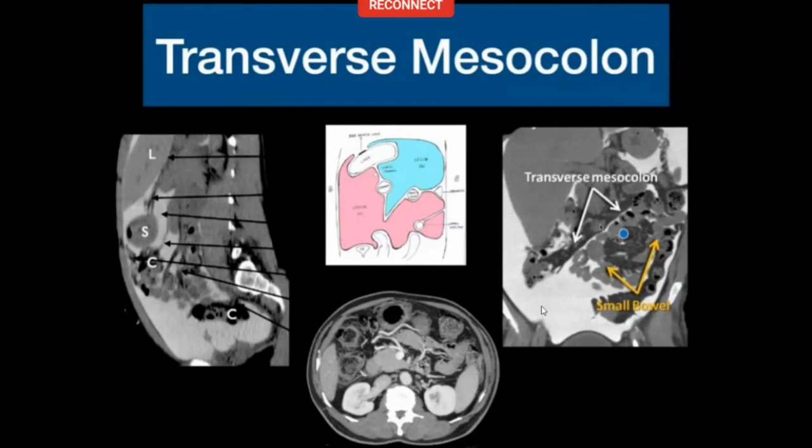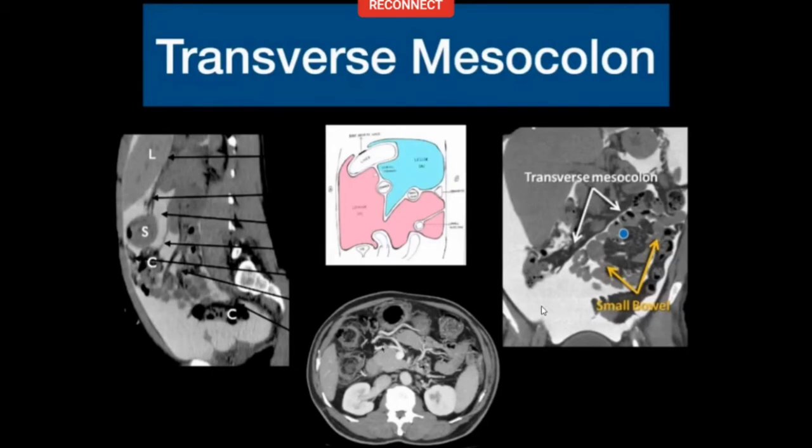On a peritoneography, the splenic flexure is generally higher than the hepatic flexure. This is the transverse mesocolon. What if I don't have a peritoneography? Then you look for something called the gastrocolic trunk. You may not have an arterial phase all the time, right? So you look for the vessel which runs here, where you expect the mesenteric margin of the transverse mesocolon to be. This is what is known as the gastrocolic trunk of Henle.